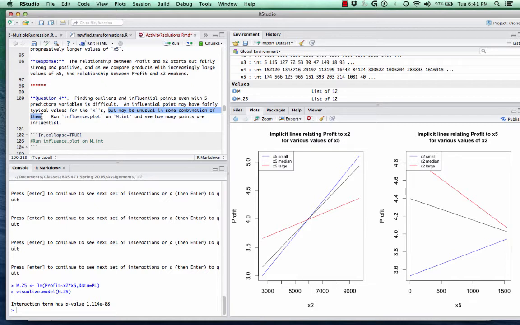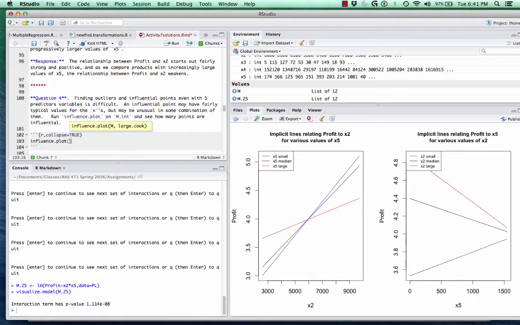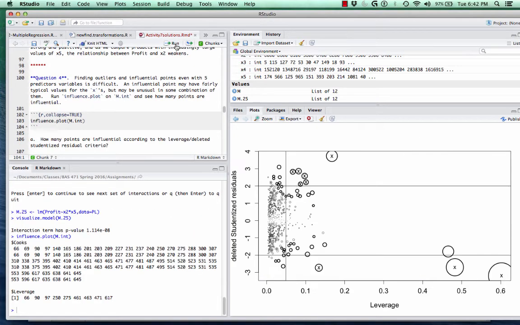So these influential points can hide in histograms, box plots, and even scatter plots. So we look at the influence plot instead to gauge the presence of influential points, points that have more than their fair share of influence over the coefficients of the regression model. So we run the influence plot, and we know that in order to be influential,